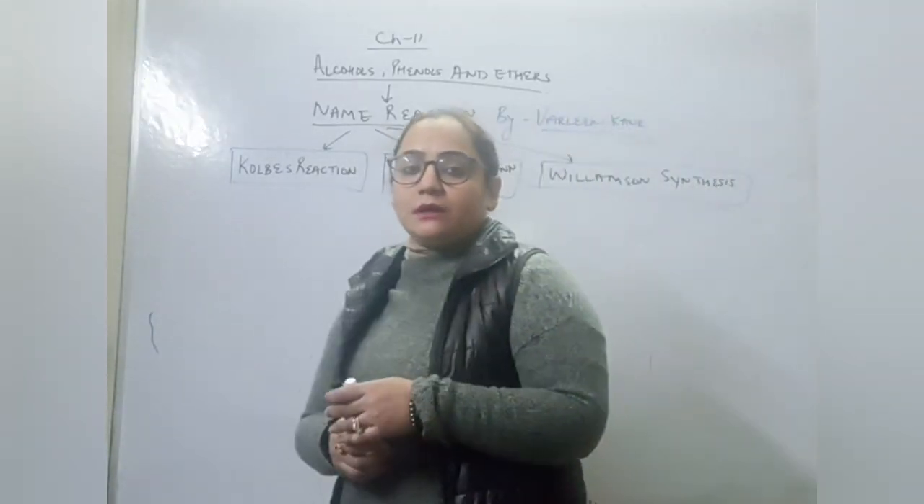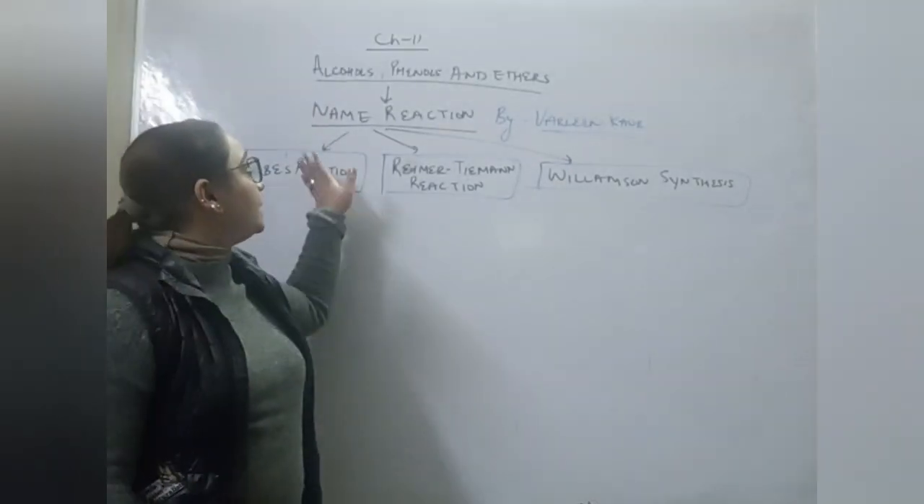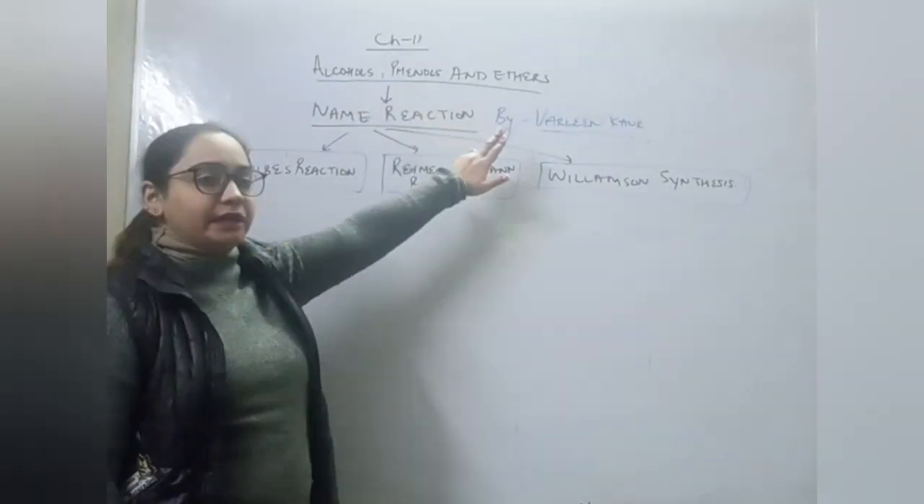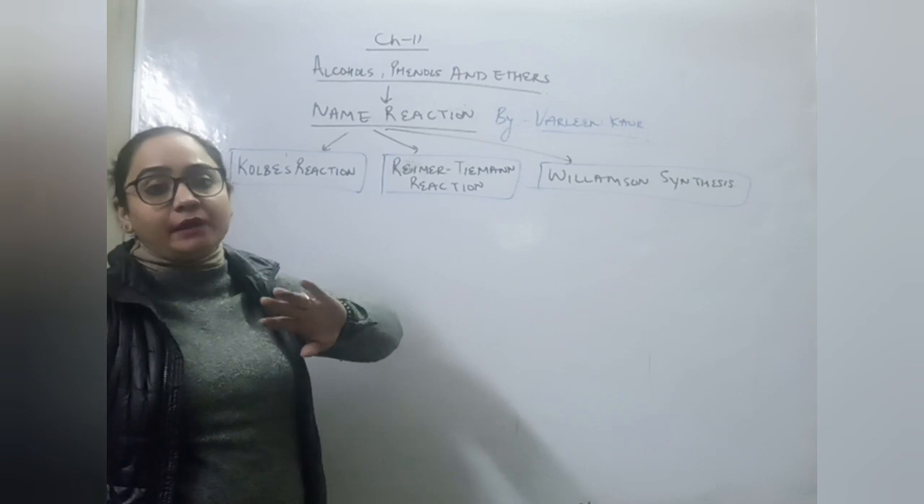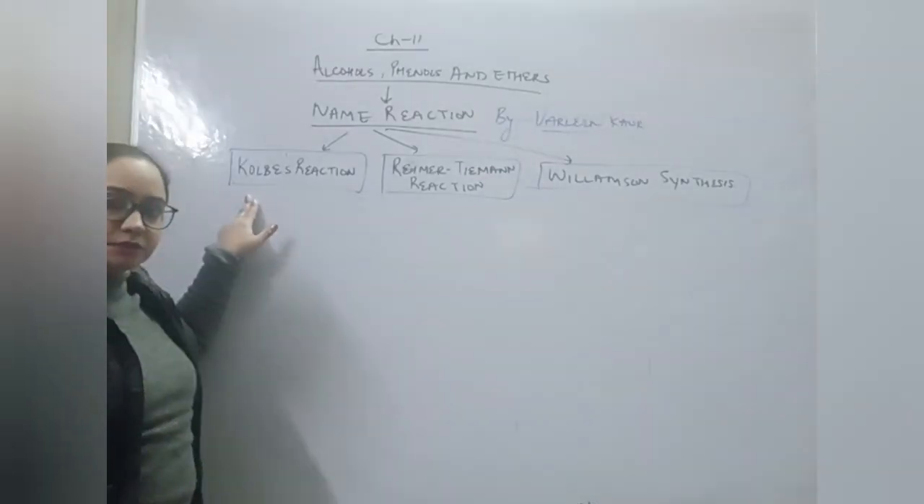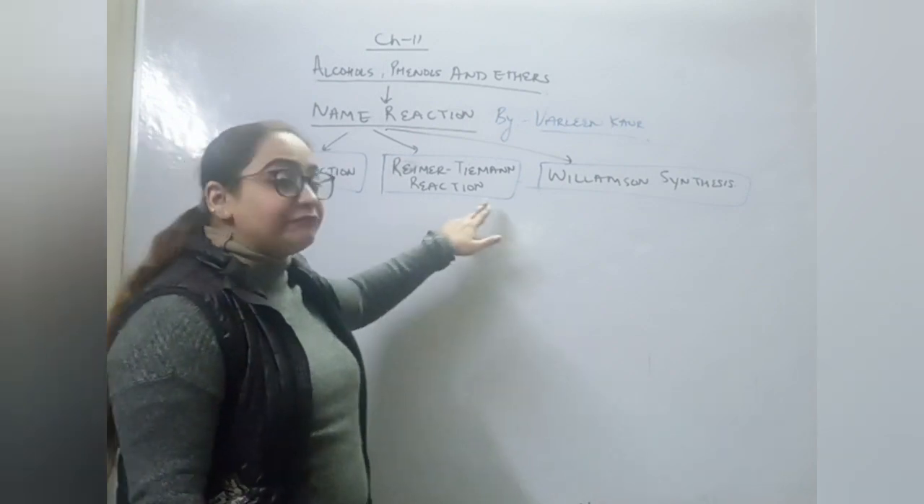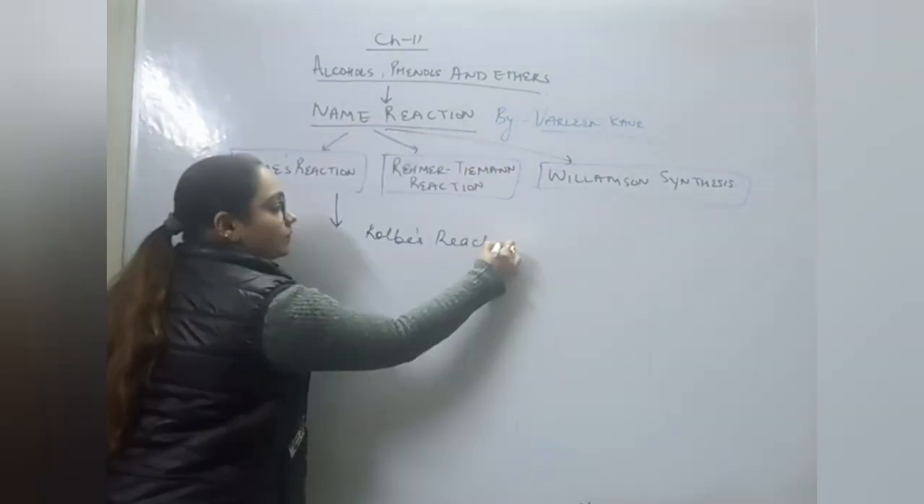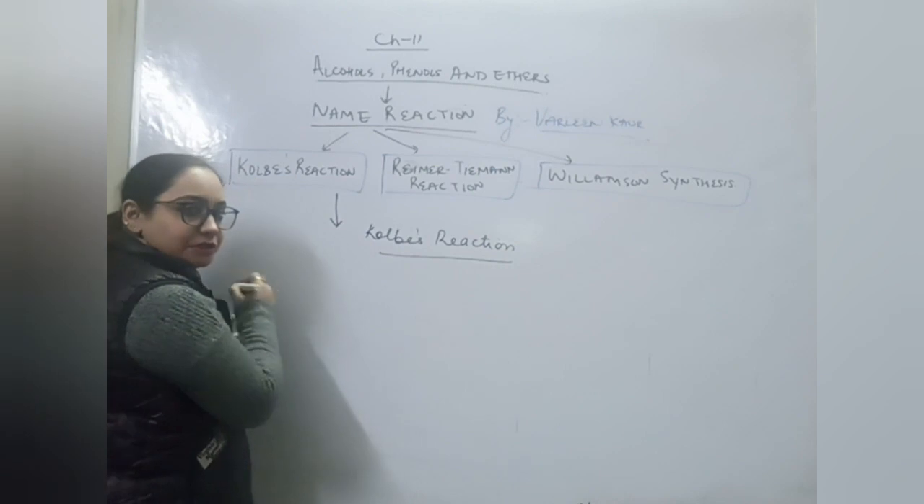Hello students, today I am going to take up the main reactions of alcohol, phenol and ether. There are only three main reactions in the chapter alcohol, phenol, ether. Number one, Kolbe's reaction, Reimer-Tiemann reaction and Williamson synthesis. Kolbe's reaction, in this